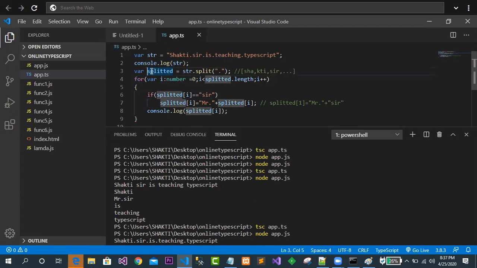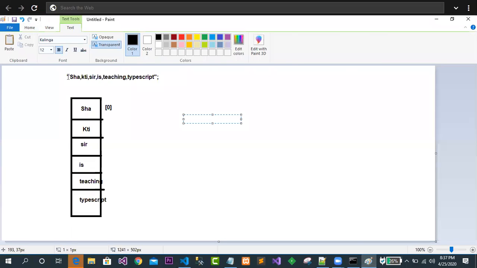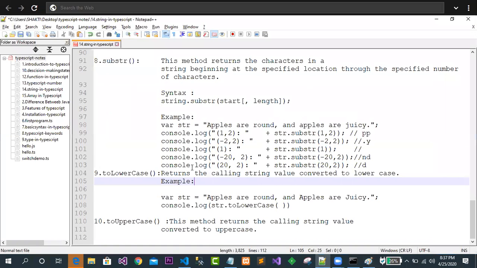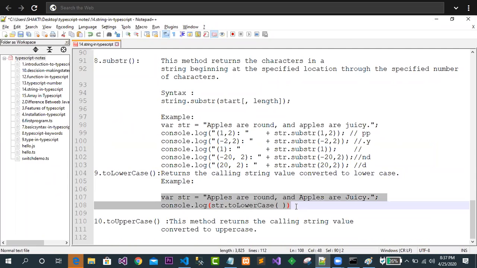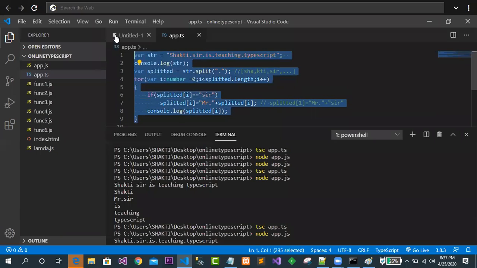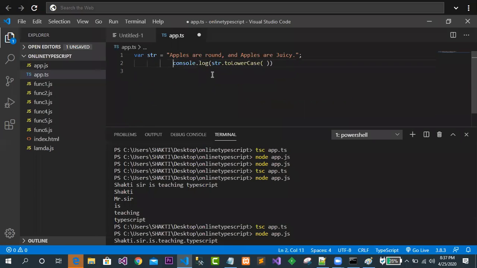Internally it is converted to something like this. Clear? Now two lowercase and two uppercase, everyone has the knowledge, so I need not describe this more. Okay, just see. I have written some code over here, something like this. What is the meaning of this? It means that the whole string will be converted to lowercase. In this case, some alphabets are capital letters, like capital A and capital J, and all will be turned into small case.